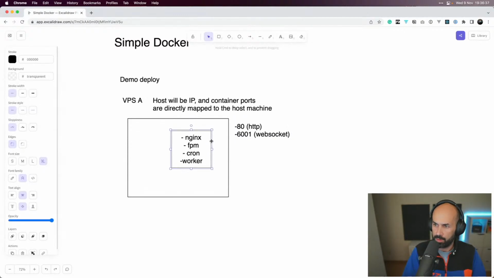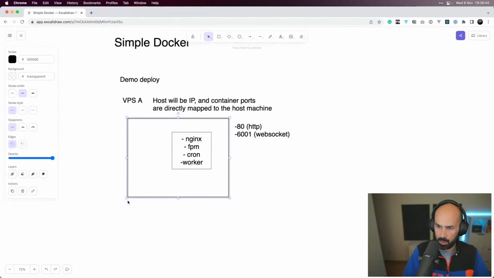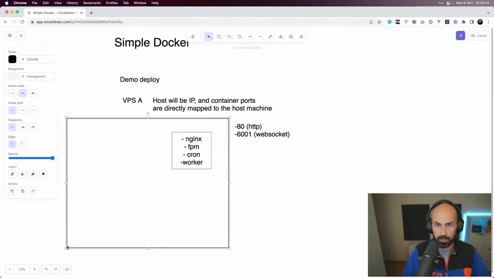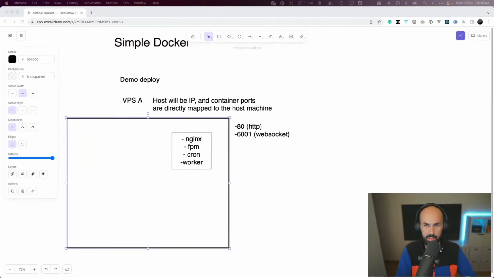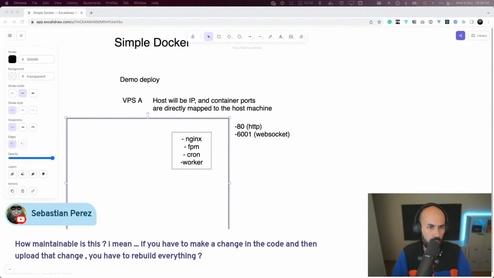So this is quite huge. Sebastian is asking a question: how maintainable is this? If you have to make a change in the code and then upload that change, you have to rebuild everything. Hopefully, well, there are